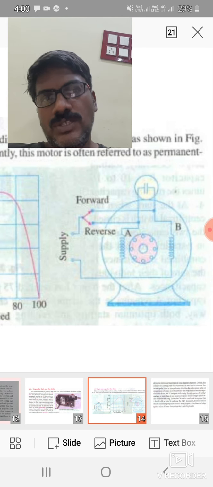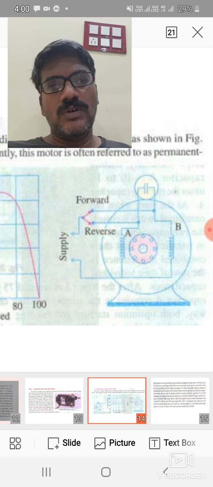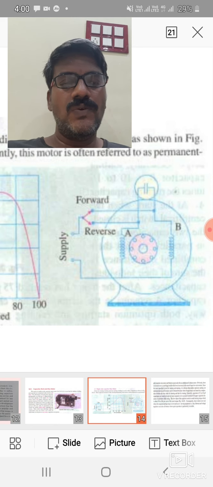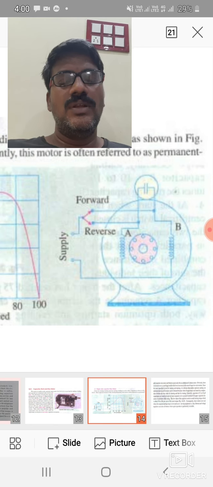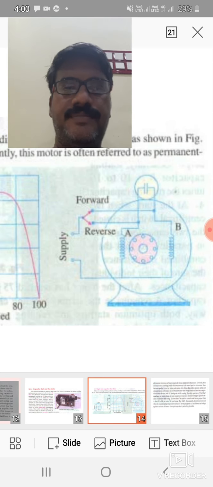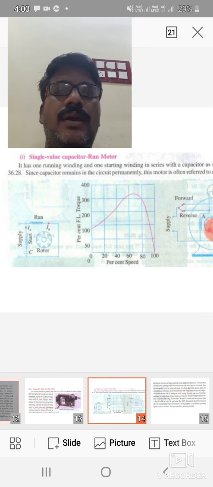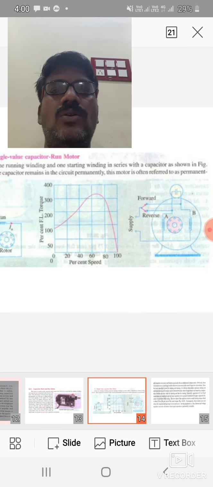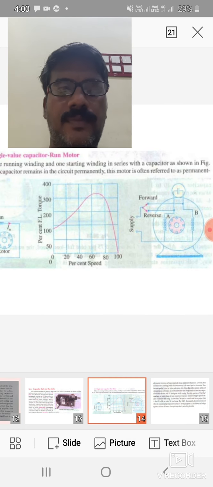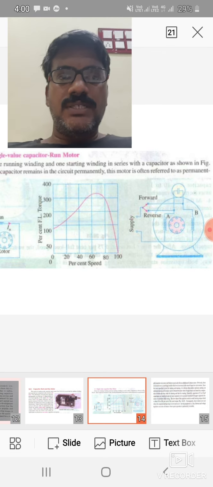So we will use one switch. One is a forward and one is a reverse switch. When the switch is moved to forward, the rotor rotates clockwise. If you want anti-clockwise, then reverse the switch, and automatically the connections of the capacitor change, and the rotation of the motor also changes. Right, so this is the circuit diagram, torque-slip characteristics, torque and speed characteristics, and how to reverse the direction of a capacitor start, capacitor run motor.